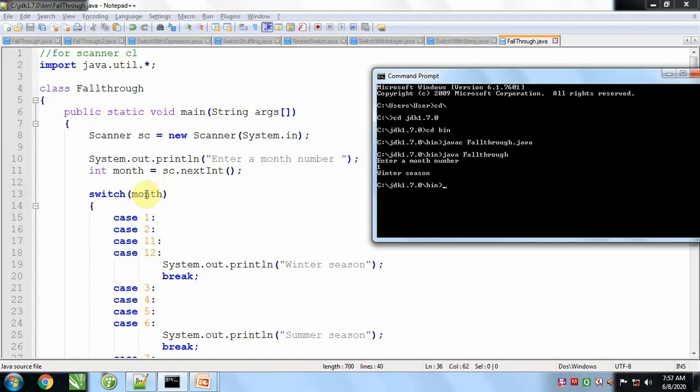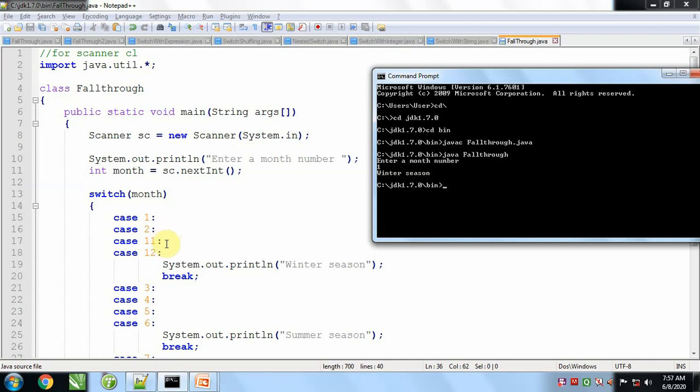As I enter 1, this month value will be 1 and it will match with this case, so control will come here. Here there is nothing in case 1, but there is no break either. So due to the missing break, as soon as control comes here to execute case 1, it will automatically drop to case 2 and after that to case 11, because all these cases do not contain a break statement.